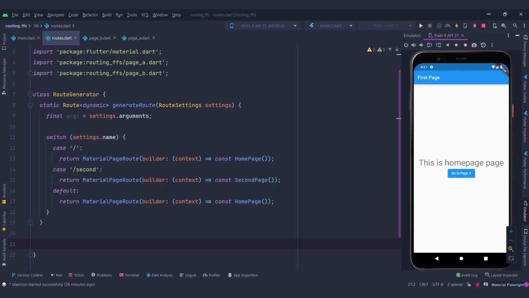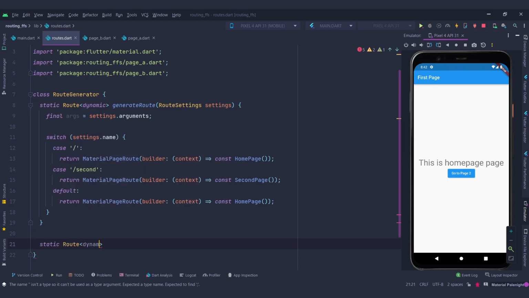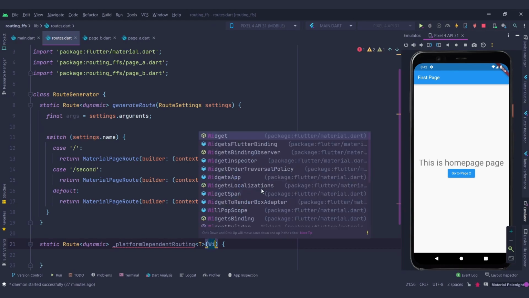So let's see how we can have platform dependent routing in Flutter. So here we have static route dynamic, and we have a private function, that is platformDependentRouting, and it's a type function. So for a type function we define it as P in between the triangular brackets, and it takes arguments, that is a widget,